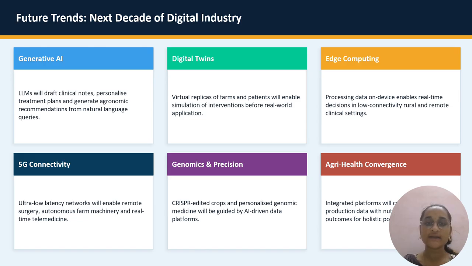The main conclusion of this slide: the next decade is about making digital tech faster, smarter, and more connected. AI will write and advise, 5G plus edge will enable real-time action anywhere. Digital twins let us test safely, and genomics will merge with AI. Agriculture and healthcare will also start sharing data to improve both food and health outcomes together. And then